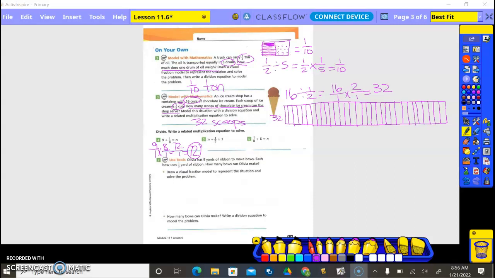So I have 1/5 times, what's the reciprocal of 7? 1/7 equals 1/35. Okay, next one, I have 1/8 times, what's the reciprocal of 6? 1/6 equals